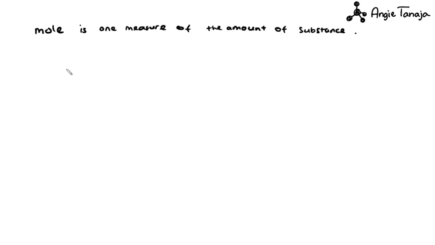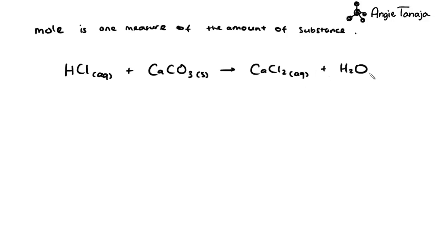We have one reaction. Let's say if we have HCl plus calcium carbonate, it will form calcium chloride and water. This one balance already, right? So from here I can say that